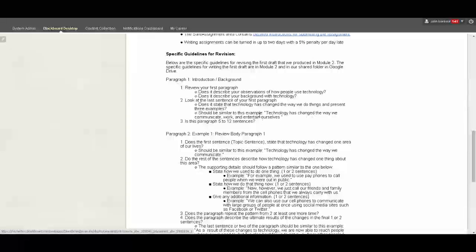Instead of statements telling you what to write, down here when you look at the different paragraphs, these are questions that you can go down and ask while you're reading your paper to determine whether you actually followed the instructions or not. And it's just one more way to check your work and to revise it.